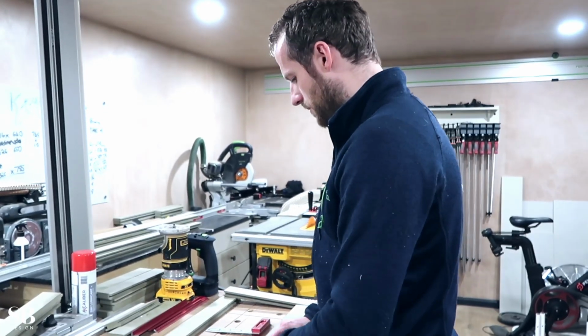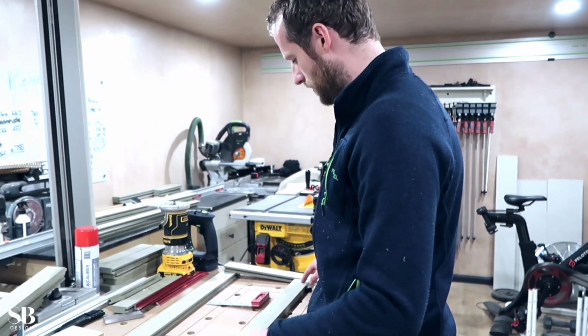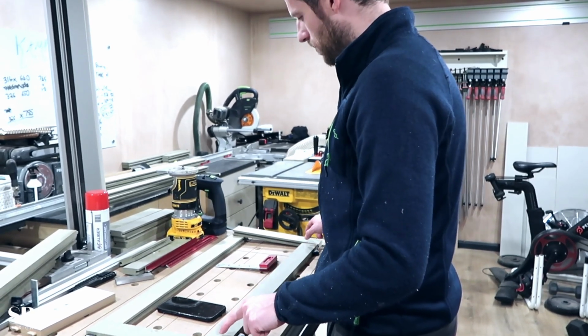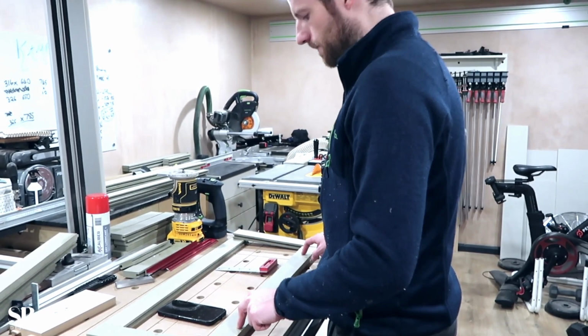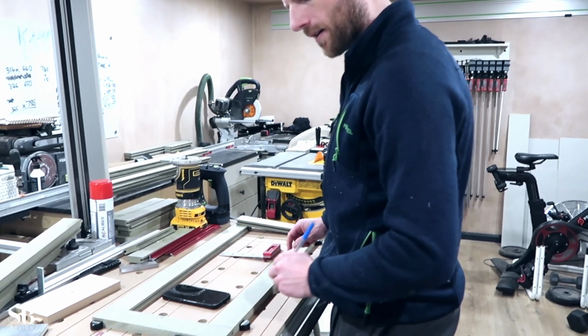The next piece to do is the rail bit that goes horizontally. As I mentioned, we need to do that cut on the ends of it. So now we need to work out actually what width we are going to cut this, which is a very crucial measurement. So if we look at our diagram here,